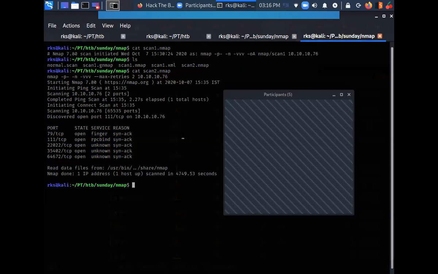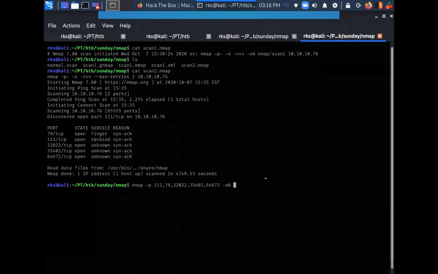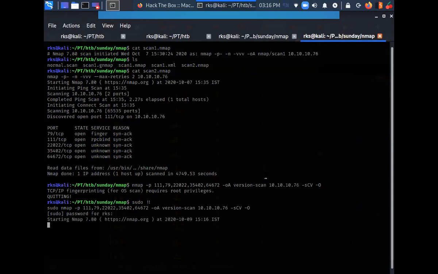So let's perform a version detection scan. So why am I running this scan?